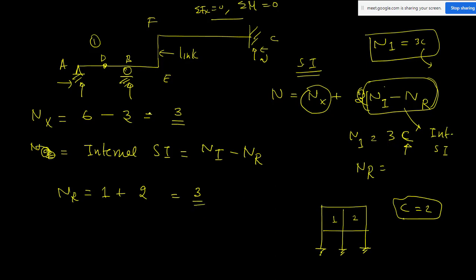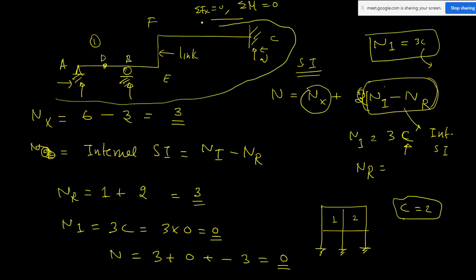For the time being, for this beam, the c value will always be 0, the number of closed loops. So the ni value will be 3 times c, that is 3 into 0, that is 0. Now we can find the total static indeterminacy, that is nx plus ni minus nr, which is 0 + 0 minus 3. This equation I am using, nx plus ni minus nr. So this structure has static indeterminacy 0. It is a statically determinate structure, determinate and stable.